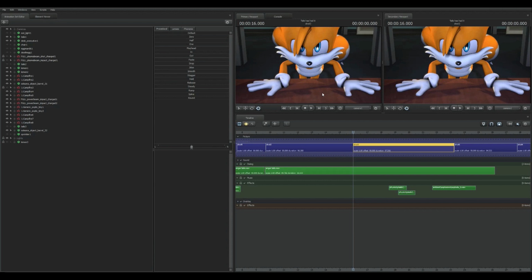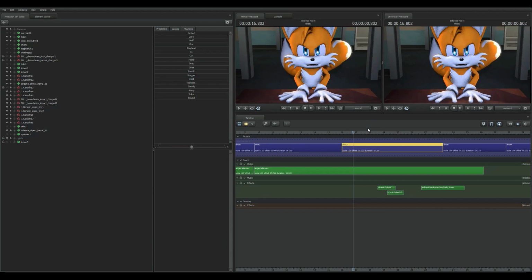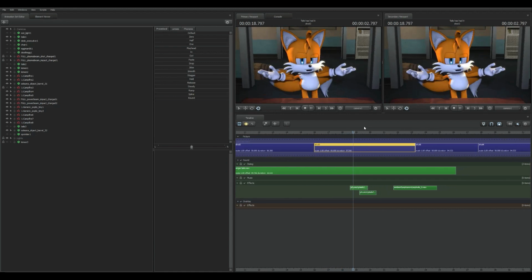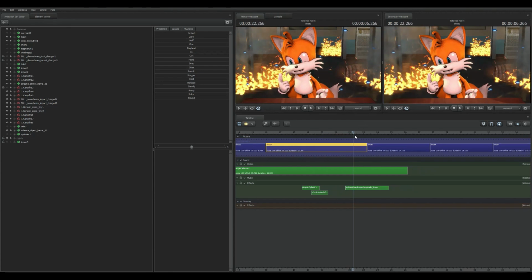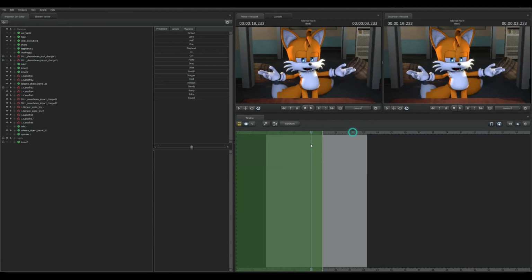In this tutorial I'll be demonstrating some brief scale controls, a bit of locking props to models, and this little trick here that I was quite happy with, so I just wanted to share it. To begin with, you might be familiar with this scene here, where Tails seemingly draws lemons out of thin air. This is a little trick that can be easily accomplished, and I'm going to be demonstrating that for